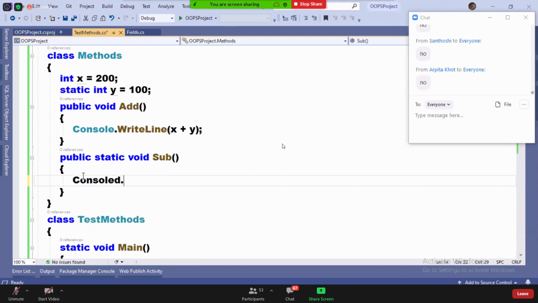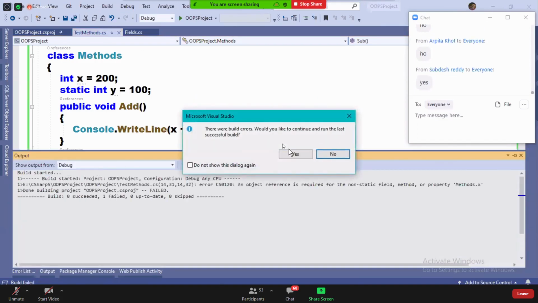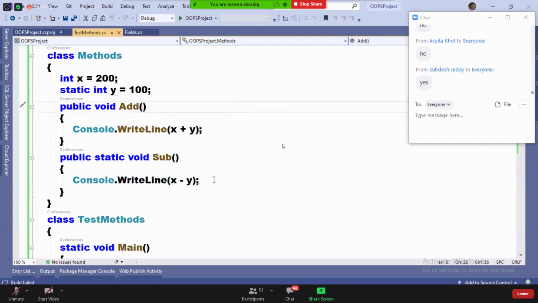So now I'm trying Console.WriteLine x minus y. Error is coming, guys, now. When I use x minus y, x is giving an error.